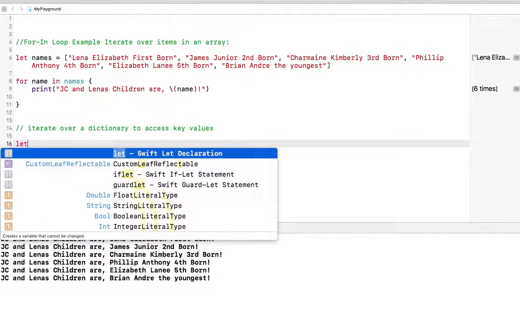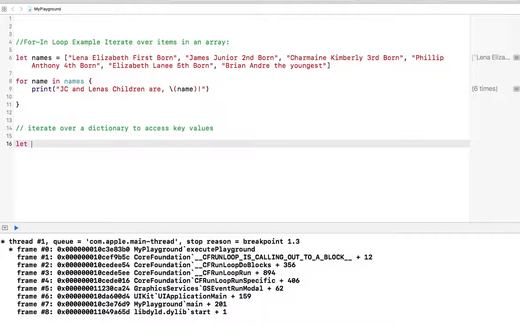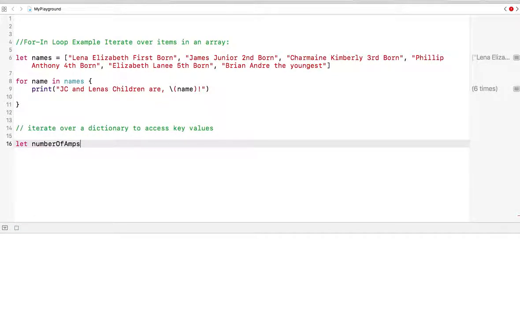So we are going to declare the constant. And let's see, what can I do? I was a commercial electrician for 10 years down south, 8 in Virginia, 2 in Raleigh, North Carolina. So let's do something that correlates with that. Let's say let number of amps equal